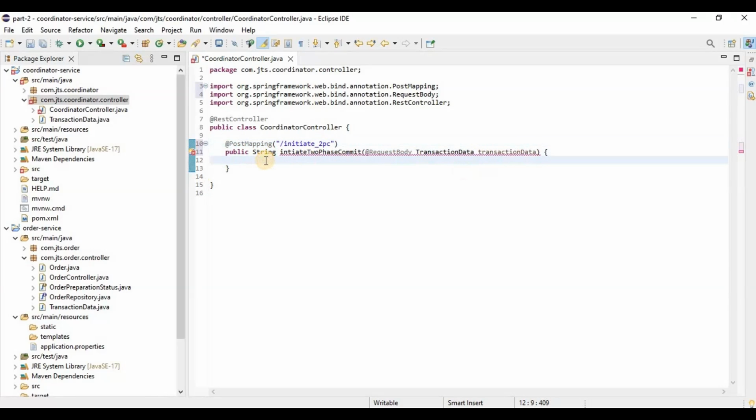Okay, so next we are going to create one method over here which will return